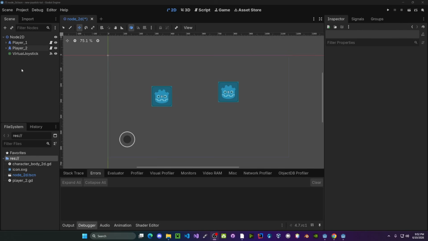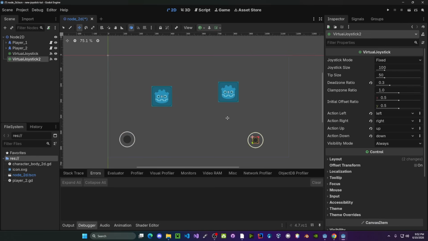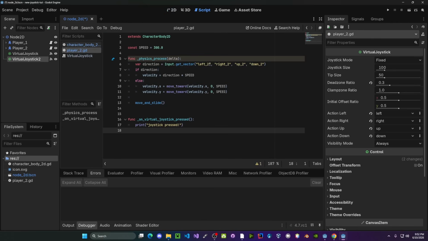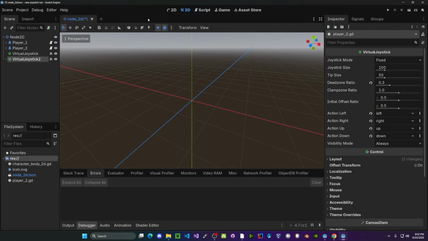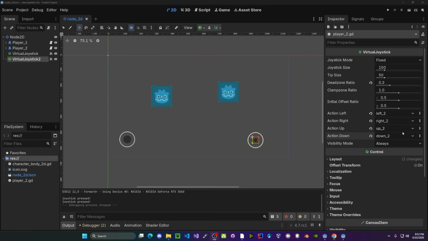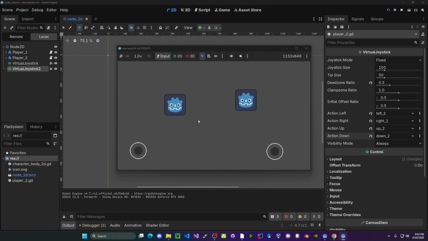And the great thing about this node is we can just duplicate it, and now we have two inputs. So I have another player here that has an alternate left, right, up, and down input. If we go ahead and set that up over here, just like this, now I have two independent joysticks that affect